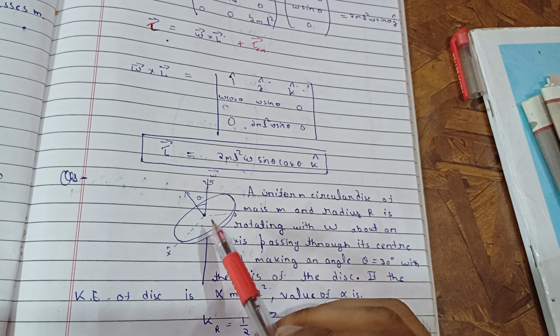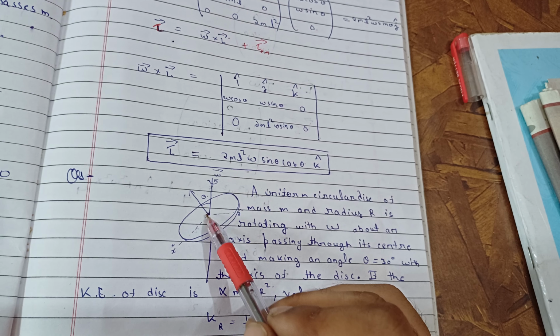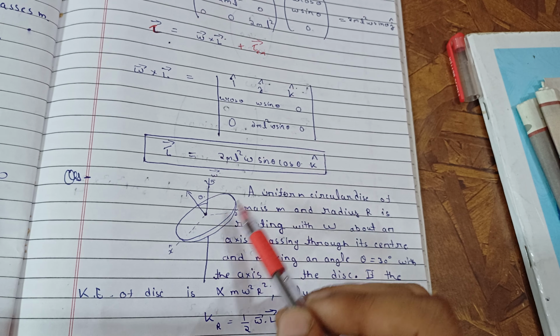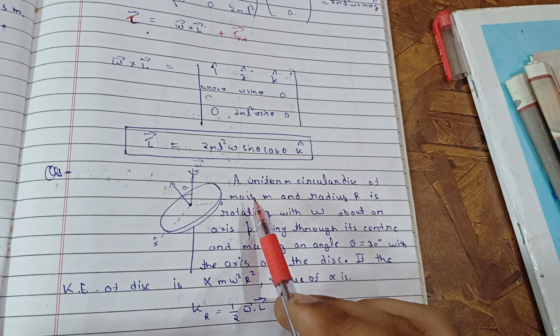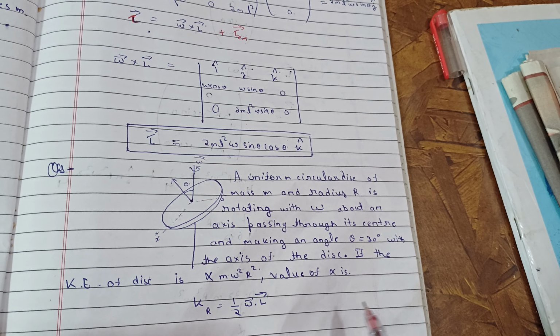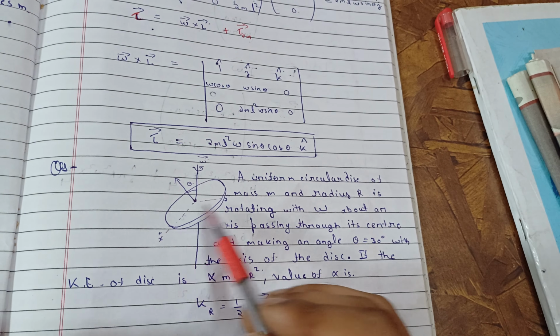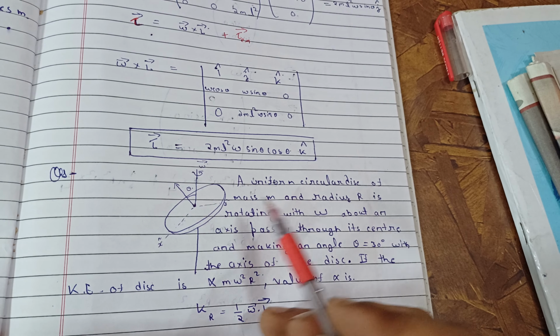Now you can write the moment of inertia answer for this one easily, because this is your x, y, z, and for a disk you already know the moment of inertia answer. We already calculated that. So that is 1/4 mr², 1/4 mr², and mr²/2. So these are your principal axes also. That's why you can write the off-diagonal terms as 0.